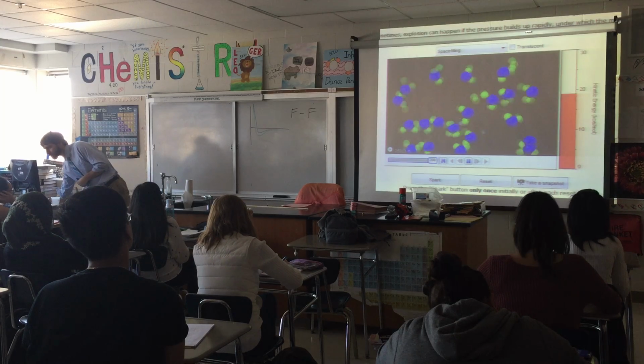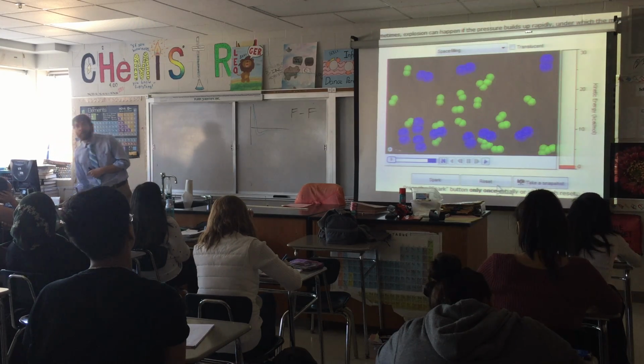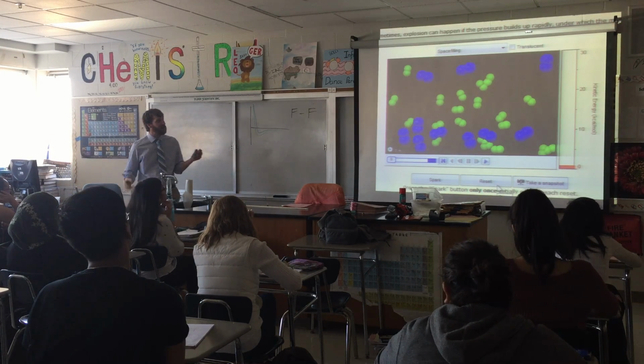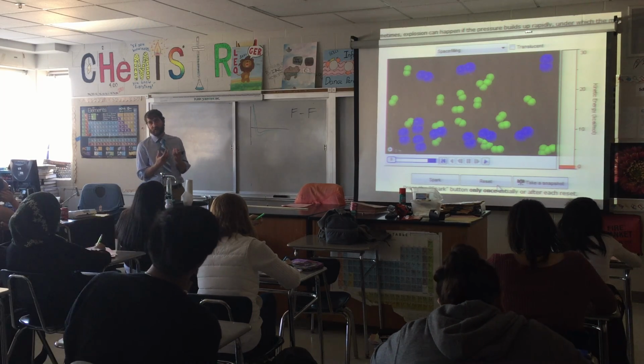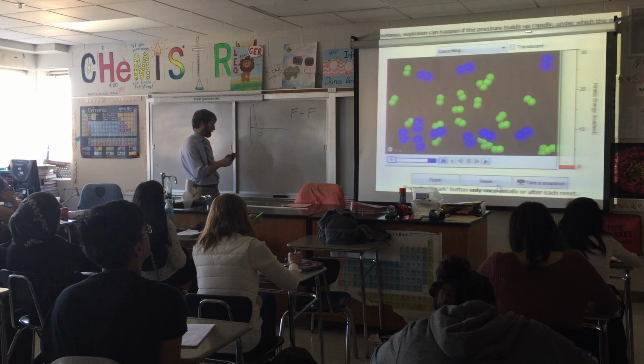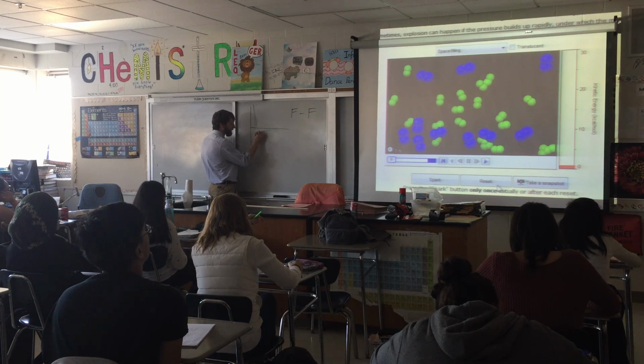Oh, bond length. The bond size. Energy. Probably the size, right? If these are bigger atoms, they're not going to be able to get as close to each other, right? Coulomb's law says that's going to make for a weaker bond, okay? So what we're doing essentially